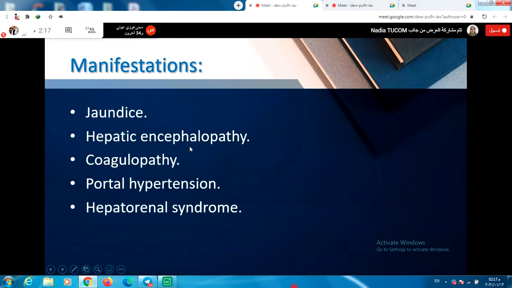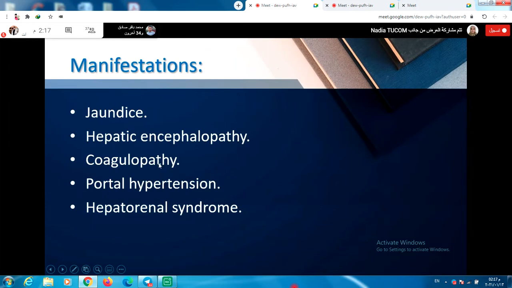that is related to elevated ammonia. Ammonia-related nitrogenous substances are not cleared from the blood and will accumulate, especially in the brain, resulting in brain edema and impairment of cerebral function. Coagulopathy